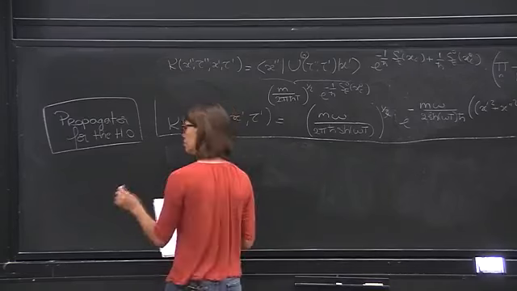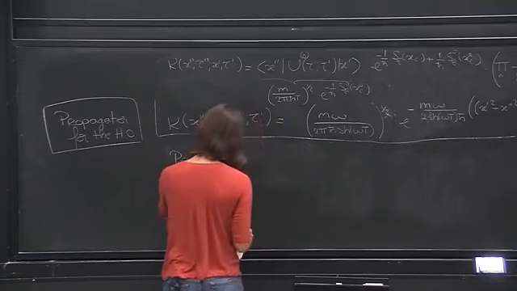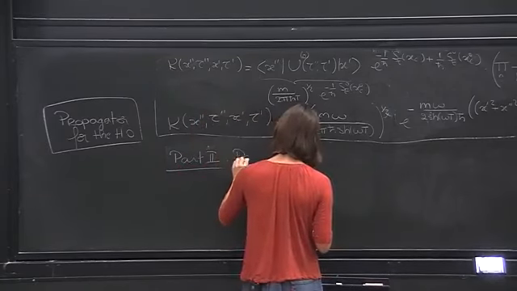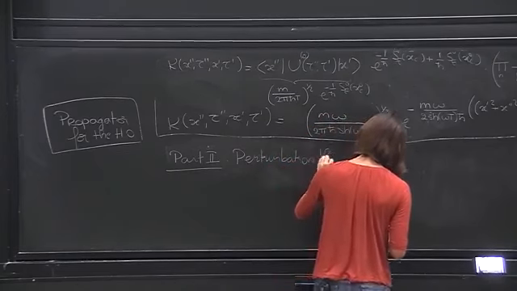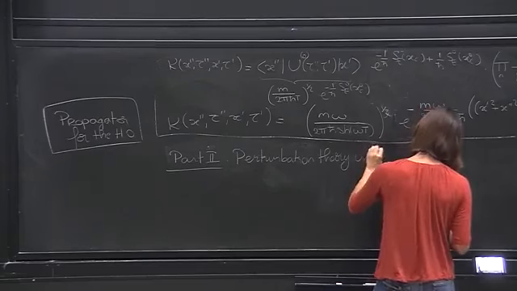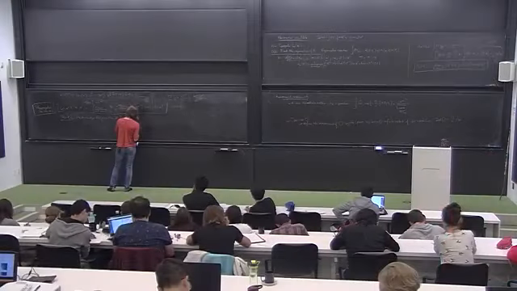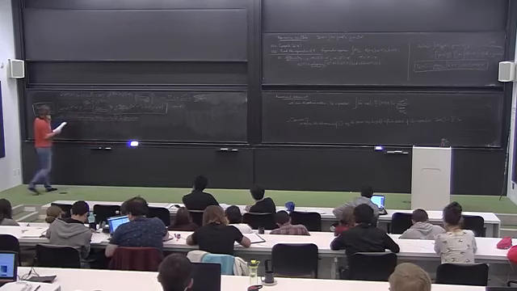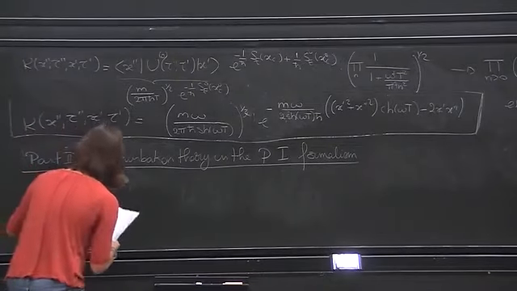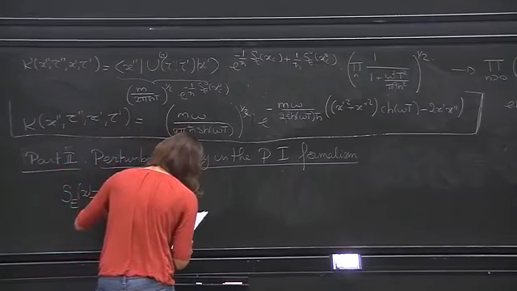Okay, so now it's the second part. So part 2 for today, which is perturbation in the path integral formalism. And the explicit example we're going to take is to look at this action. So the anharmonic oscillator, which can be written